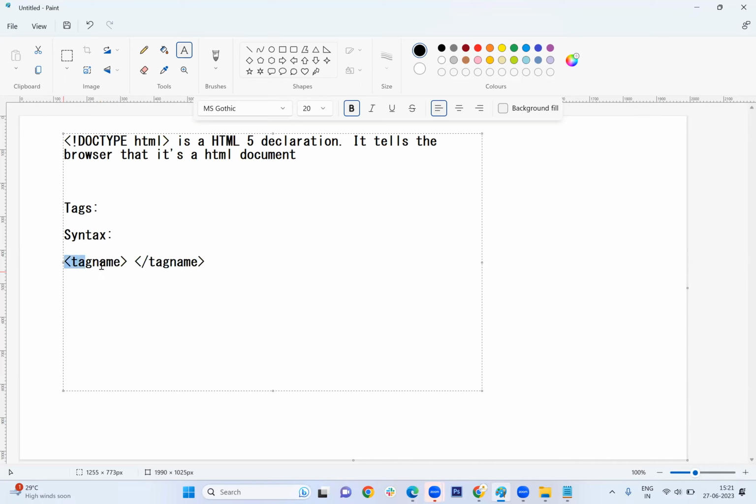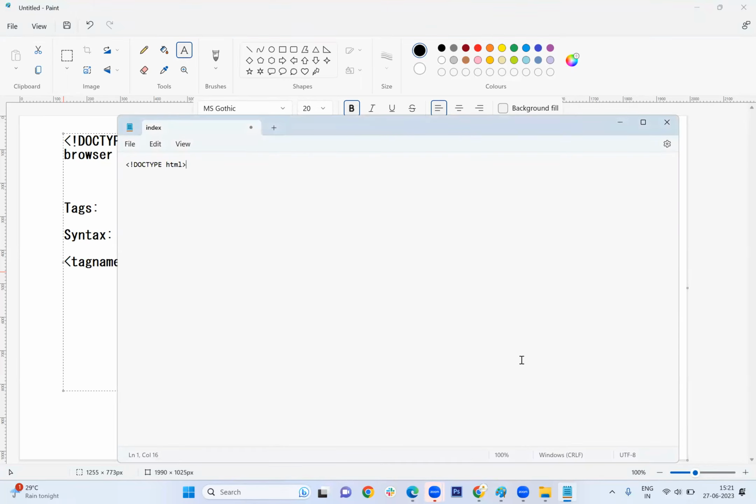Okay. So whenever we create any tag, we have to close it. This is called start tag and this is called end tag. So then in between the start tag and end tag, we can write some content. Some content here. So whatever the content you want to display. Okay. So now in this HTML page, the first line is